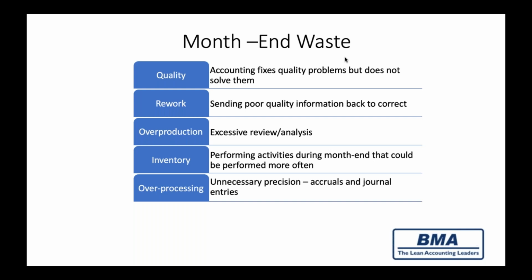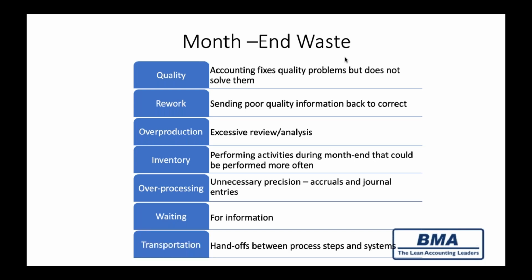Overprocessing is unnecessary precision in accruals and journal entries. We always wait for information at month end. That's not the fault of the accounting department, but within the business, people may have some information we need. And handoffs between process steps and systems in terms of transportation. So in general,